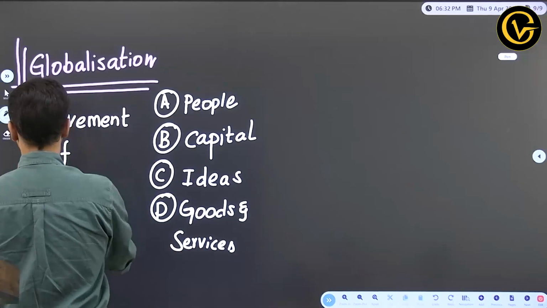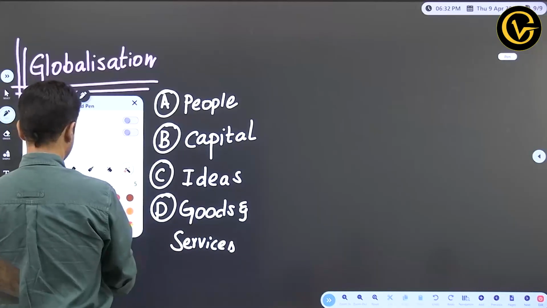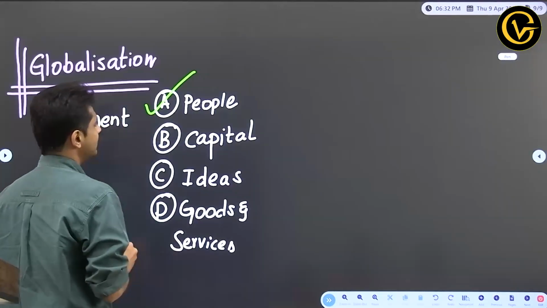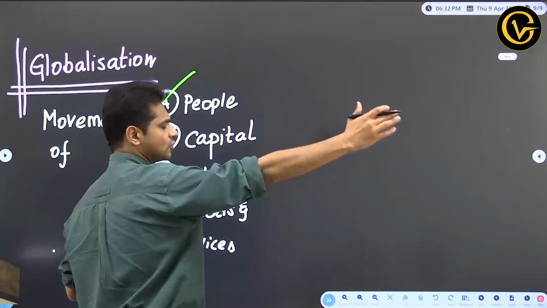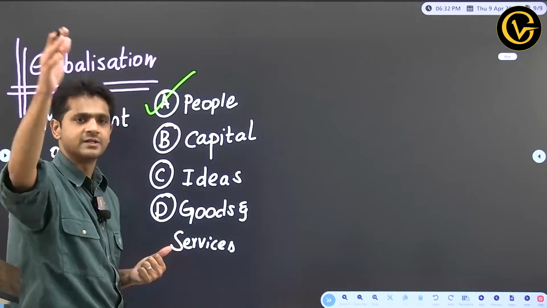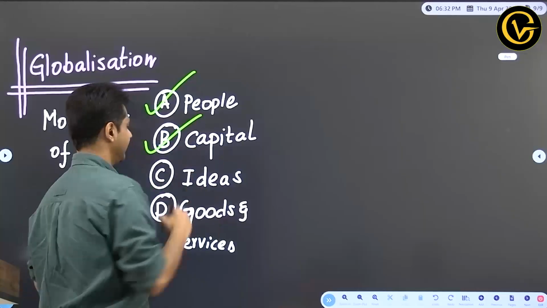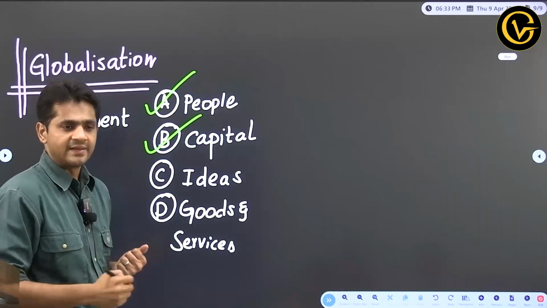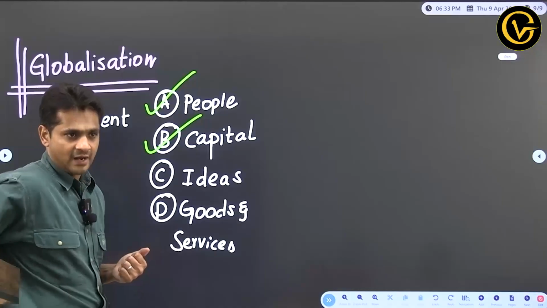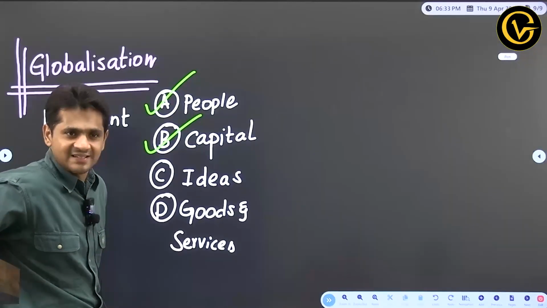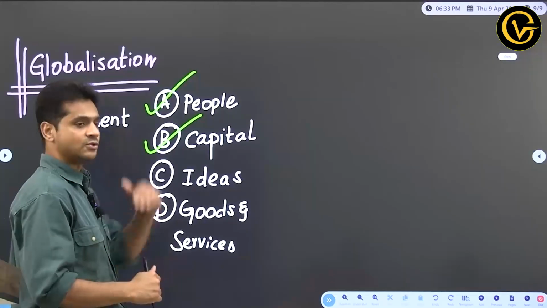Indians going and settling in America. Okay. Movement of capital means somebody goes to Gulf, or someone goes to US, someone settles in Denmark, and they would send back money to India. Ideas. We have copied the idea of Uber, and we have started our own native version, Ola or Rapido, whatever. So ideas also move, right? Ideas can move from here to there and there to here.